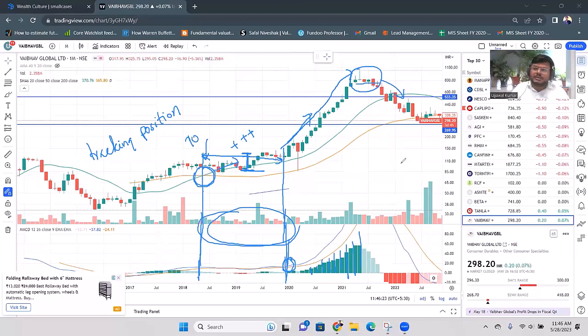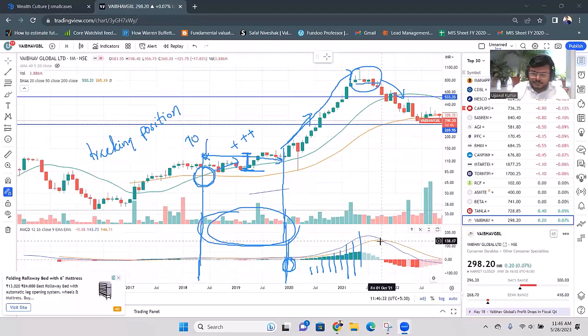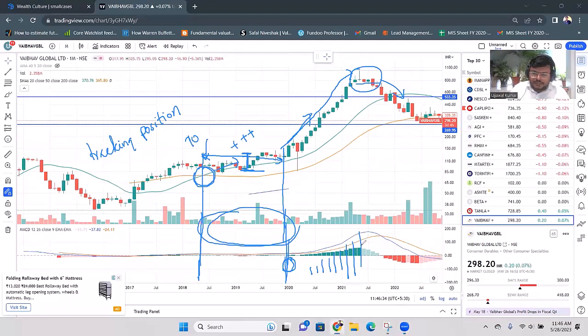And this is where you get your sign, somewhere here. Somewhere here, this is where you get your sign to sell the company. So that's how you trade. You start building your position all the way from here, slowly. You load the stock here, and then you ride the uptrend, and then you exit here, right? That is how MACD helps you time your entry and your exit in fundamentally good companies at fundamentally very good